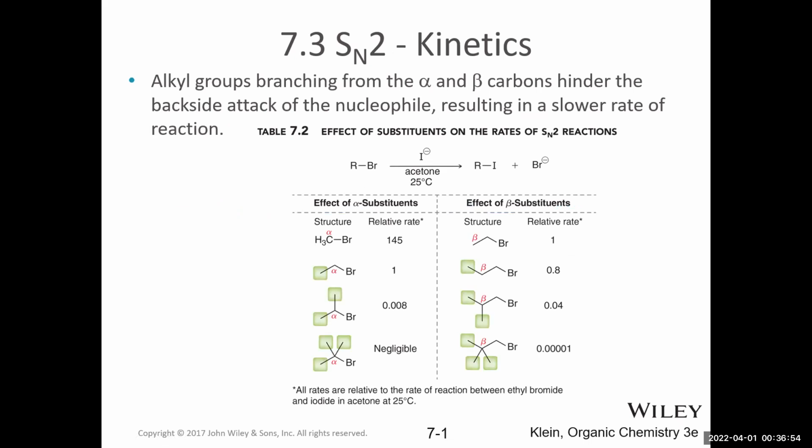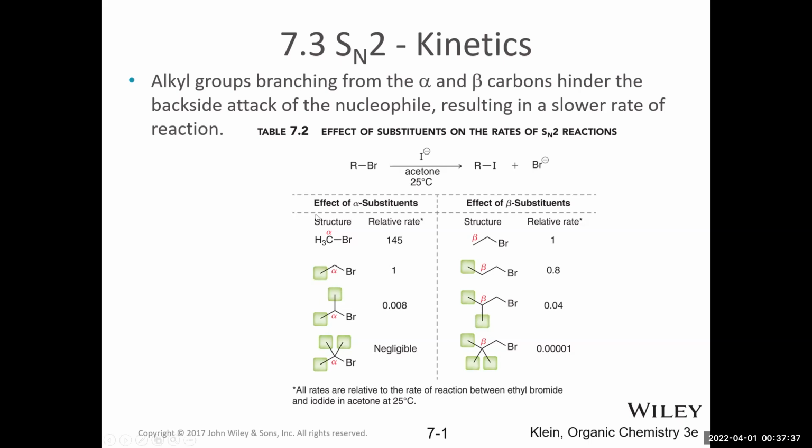Let's look at some different substrates where they've actually measured the kinetics to be able to figure this out. What we see are some relative rates for different substituents in an SN2 reaction. The substrate was treated with probably sodium iodide in acetone, which we'll find out is a great solvent for SN2 reactions in a little bit, at room temperature. And then they measure the formation of the products. And recall that SN2 reactions are one-step reactions, so that one step is the rate determining step.